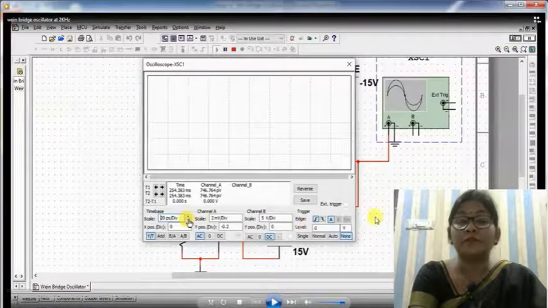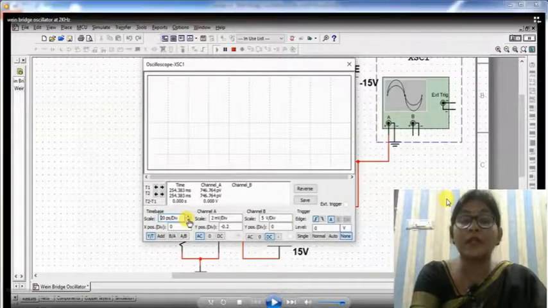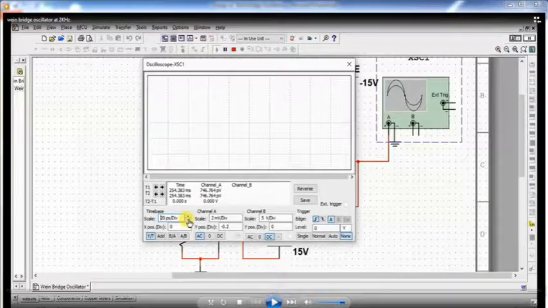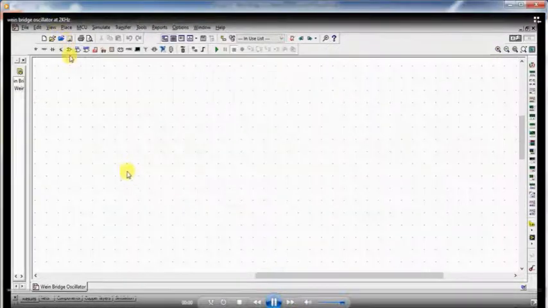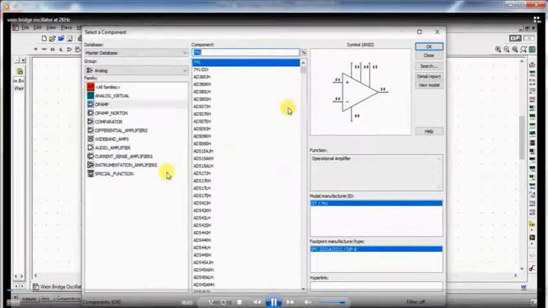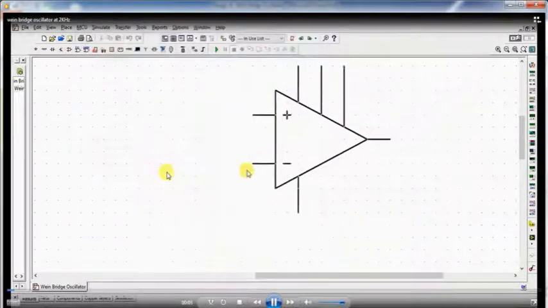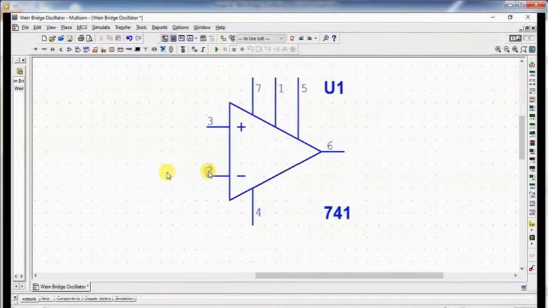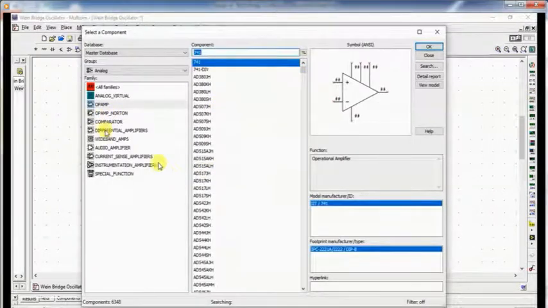To design this circuitry using NI Multisim software, we will connect the circuitry on this workspace.